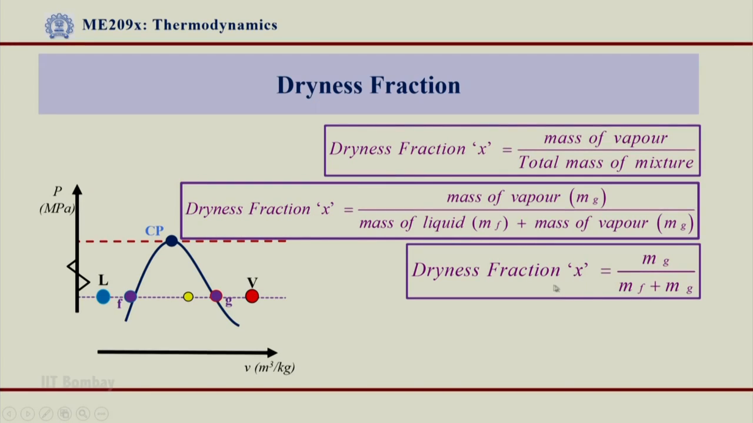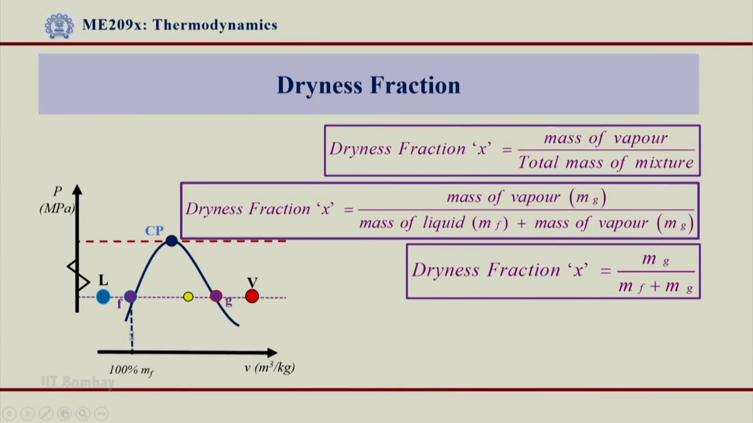Now if I try to apply this definition to this diagram, I can apply it to point F, point G and any point intermediate to F and G. If I go by the basic definition of dryness fraction or quality, sometimes referred to as X only, I can calculate this factor at various points. For example,